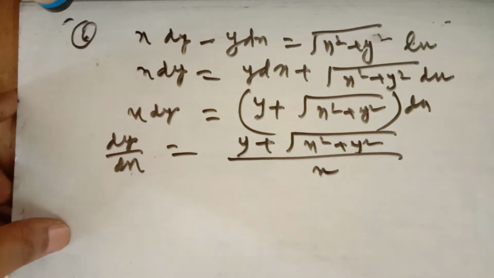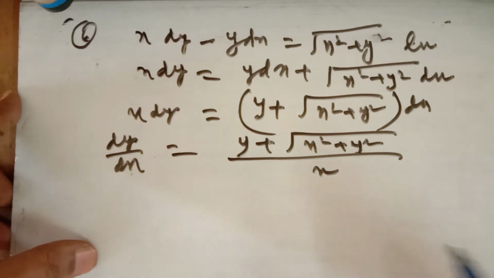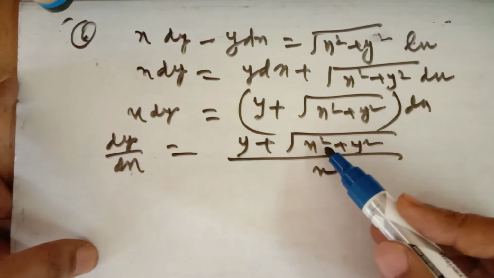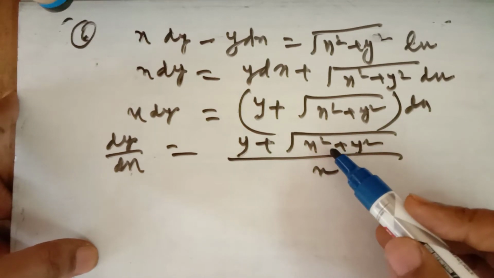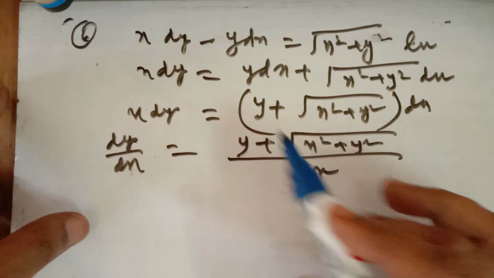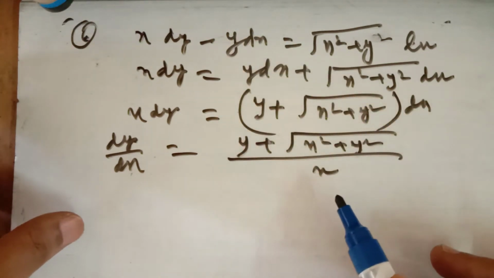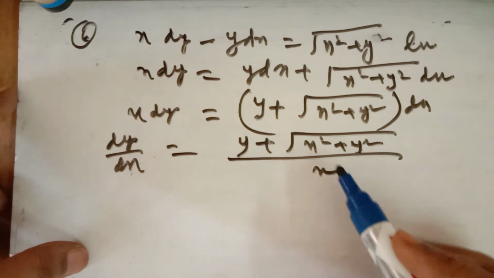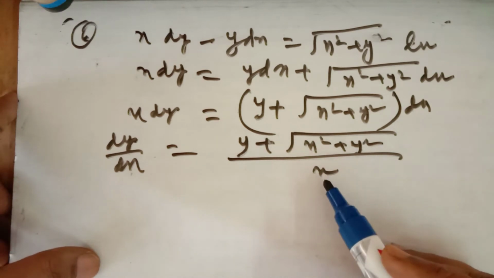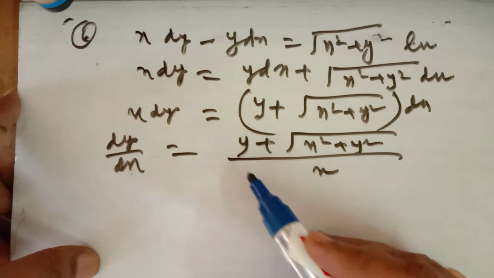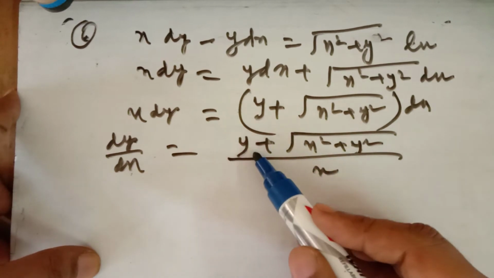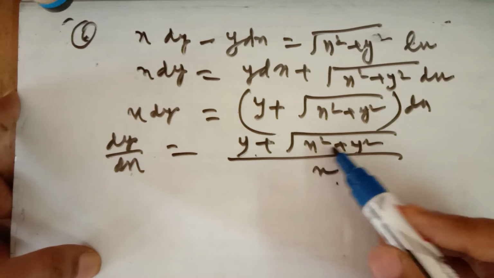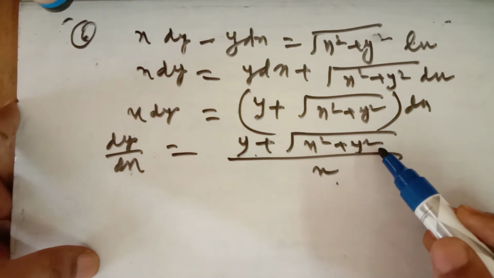Now you can easily prove that it is a homogeneous differential equation, because in place of y if you replace lambda y, and in place of x lambda x, it will be equal to the original, or lambda to the power n f(x, y). Directly you can easily say that it is a homogeneous differential equation, because the degree of each term here is 1: the degree of y is 1, the degree of x is 1, the degree of under root x square plus y square is also 1.